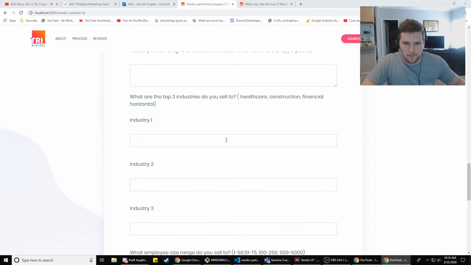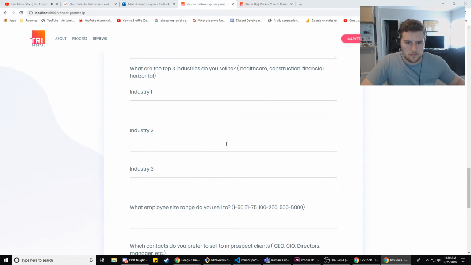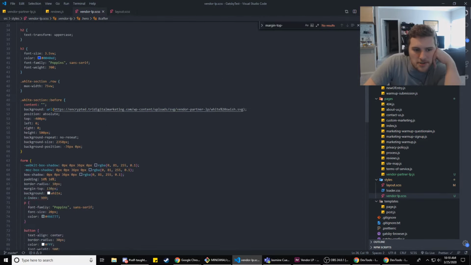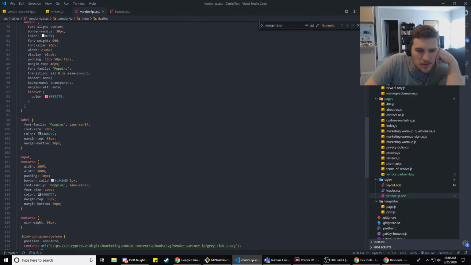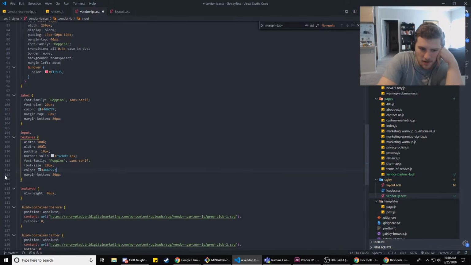Why did I put that? Was that supposed to go for something else? Where's our inputs? Margin top 35. I don't think that was supposed to be there. I like the margin bottom though. That fits, I think.